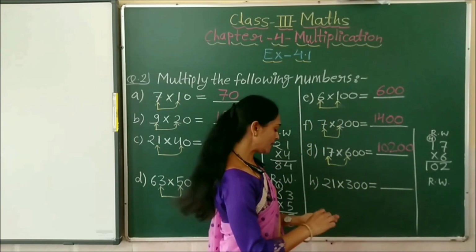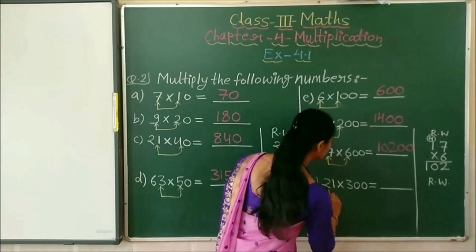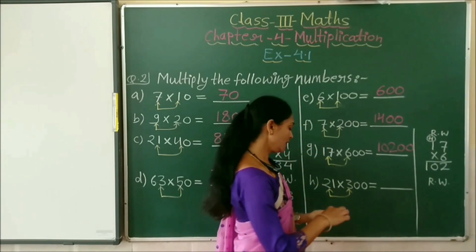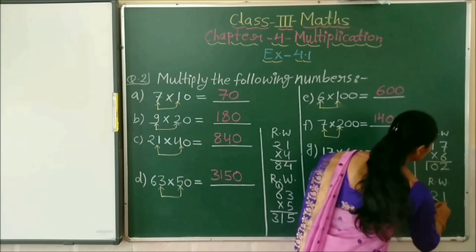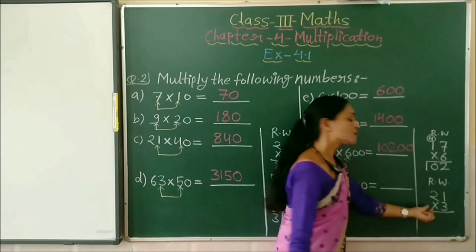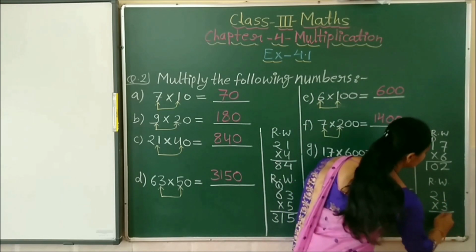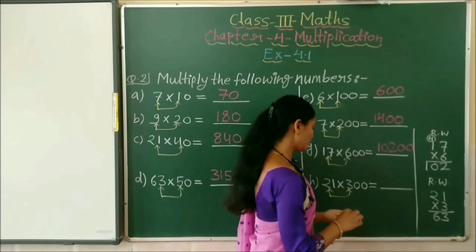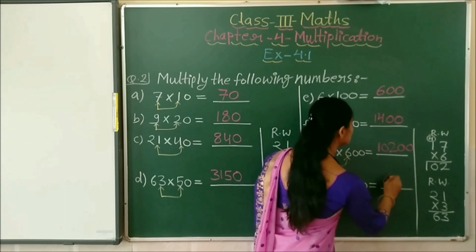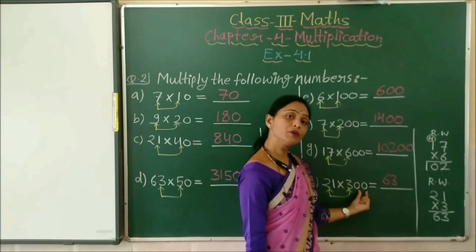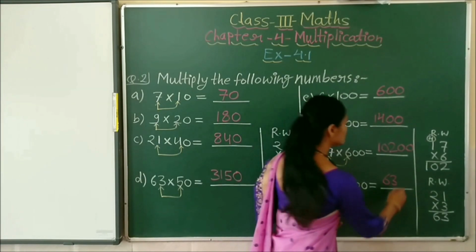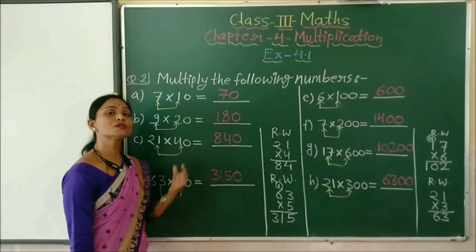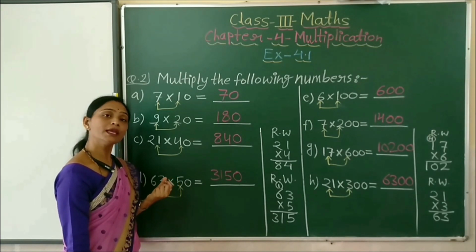Then see this one. Here also we are having these two numbers 21 and 3. So this 21 and 3 also we will multiply in rough work because we don't know tables this many times. So 3 ones are 3 and 3 twos are 6. Yes, now this 63 we have to write here first. So 63 we will write and then we have to write how many zeros? We have to write 2 zeros. So we will write 2 zeros. With 1 zero and 2 zeros, both types of questions we have solved very easily.